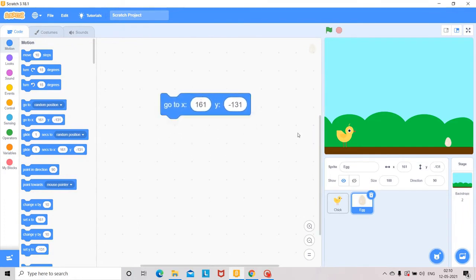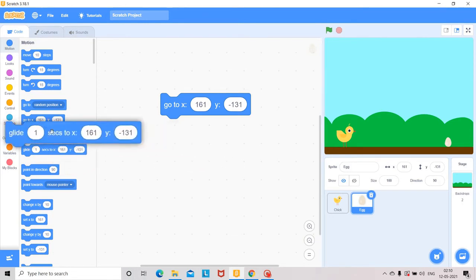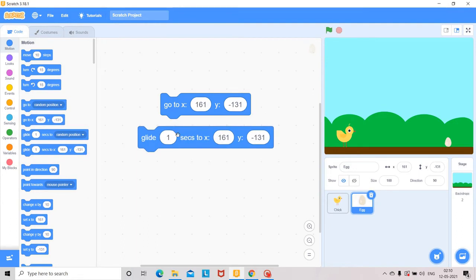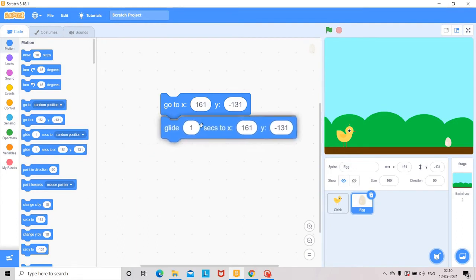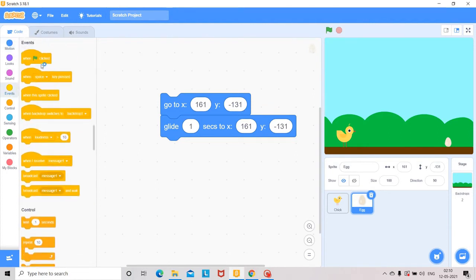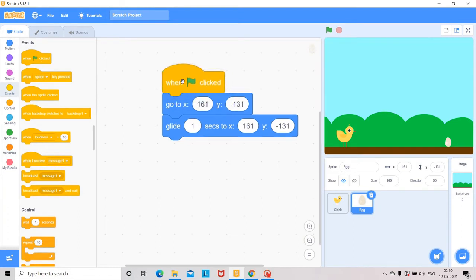Okay, and it is gliding to the chick at this much distance. So glide 1 second x 161 y minus 131, right? Okay, when the event flag symbol is clicked. Okay, we can check also here.